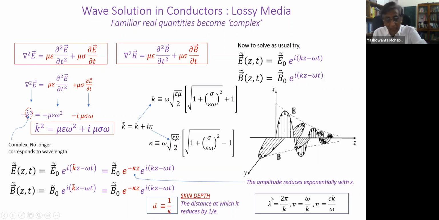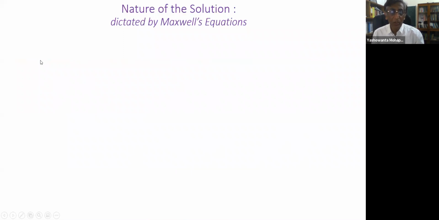But the K part, the real part, of course, continues to represent lambda, and v is equal to omega by K, and the real refractive index can be thought of as cK by omega. All this is still valid for K. But K tilde is no longer 2 pi by lambda, but this part K can still be 2 pi by lambda. So our old dielectric function notions are preserved in this, and this leads to the real decay with distance. So let's look at the nature of the solution a little bit more in detail,